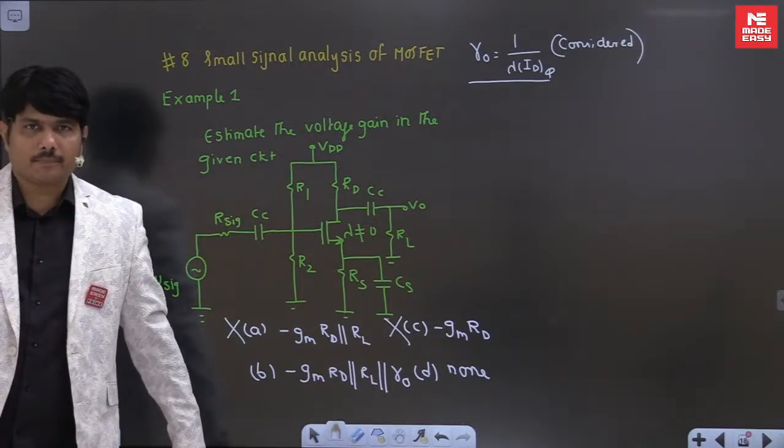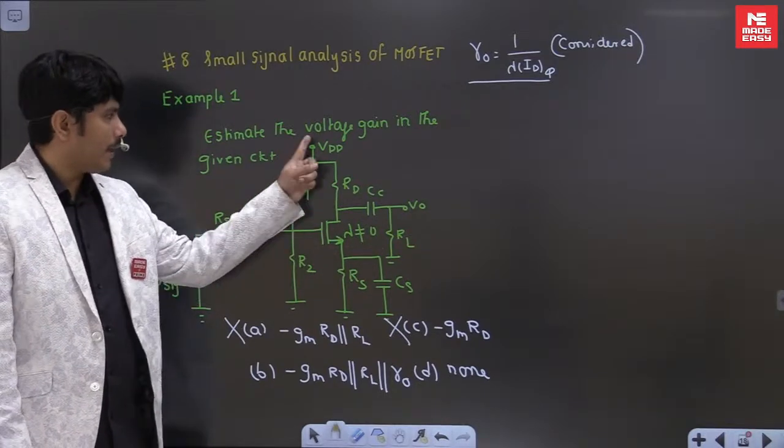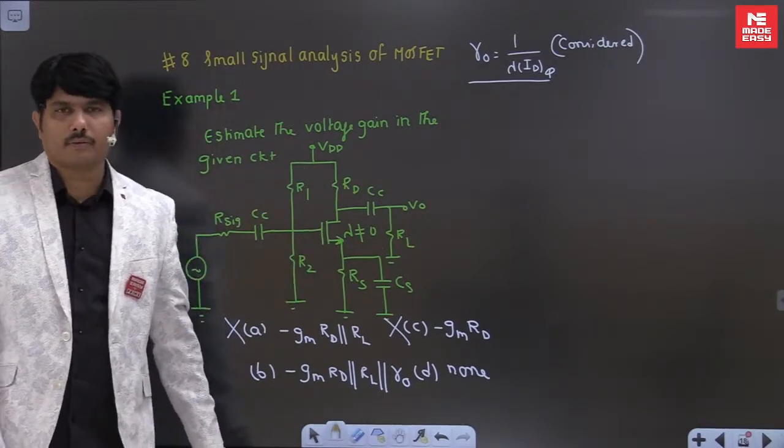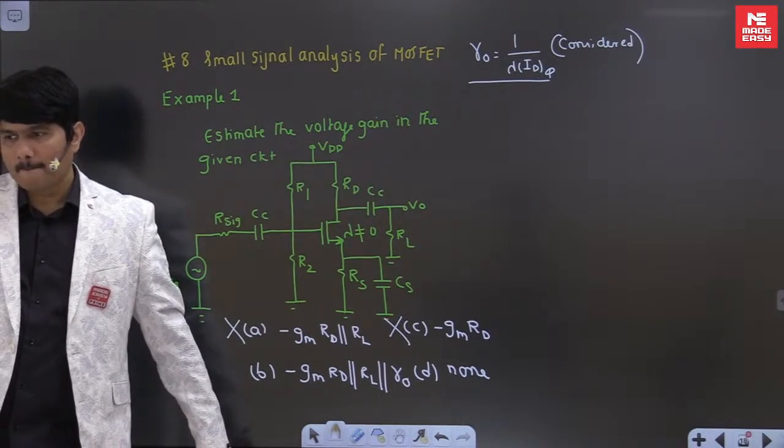Because the formula is minus GM into load. Load is here. RD is also load. RL is also load. And you will get R0 inside also as load. 3 loads will be there. But here, the important twist in the concept is,